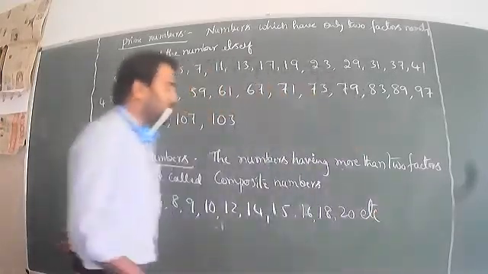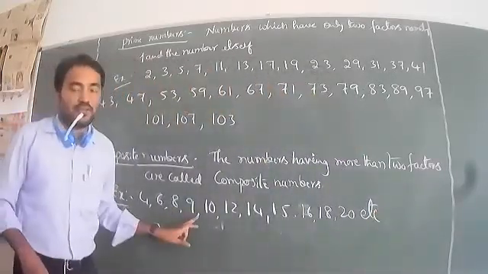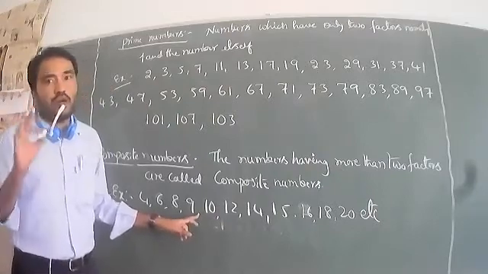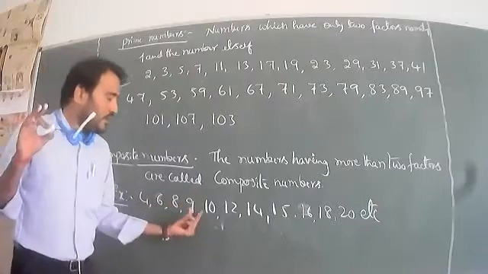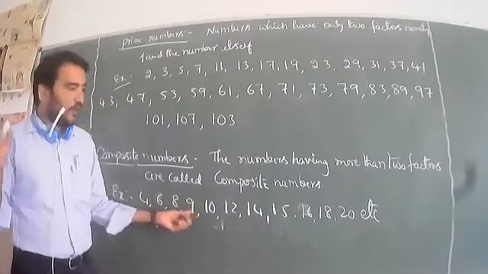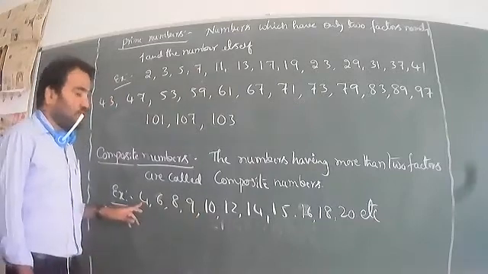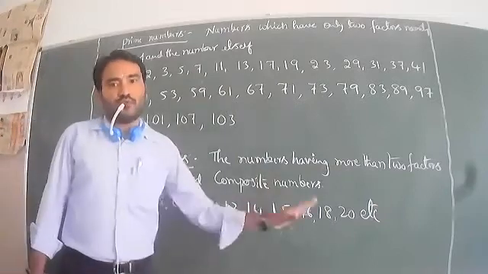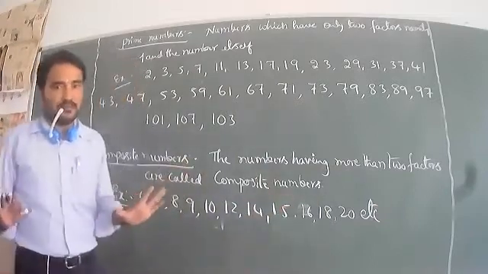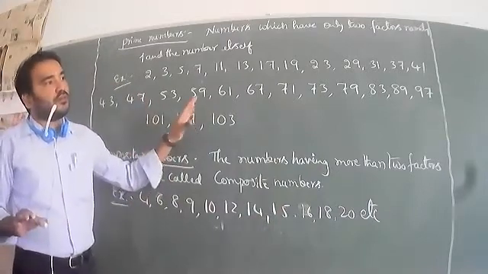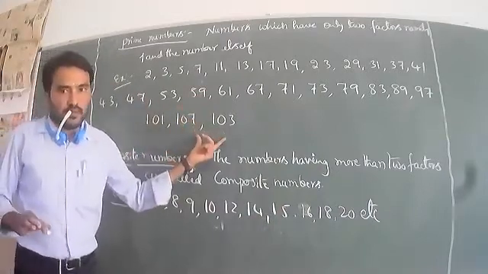So look at that. 9 is the least odd composite number. Composite numbers start from 4, and they have more than two factors. I hope all of you understand. Today you should practice prime numbers two or three times.